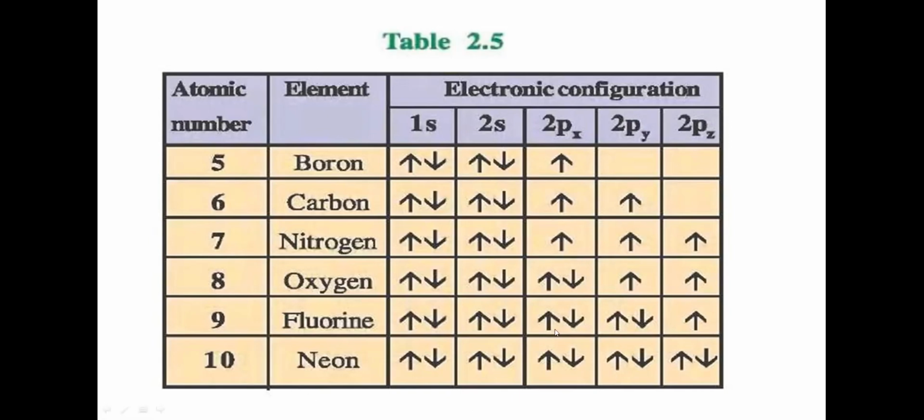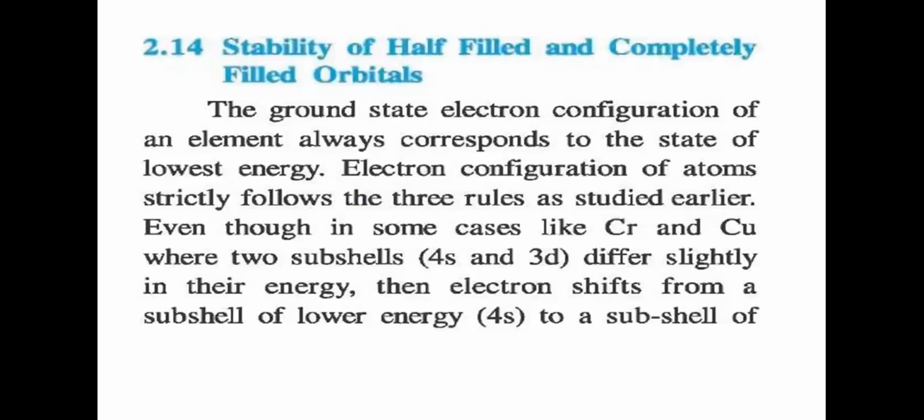That is a stable electronic configuration. These are inert gases or noble gases, which do not react. Why don't they react? Because they have completely filled orbitals, so there is no need to accept or donate electrons. That is why they are non-reactive under normal conditions. But you can also make them react; at that time, you require extreme conditions, regulated temperature and pressure.